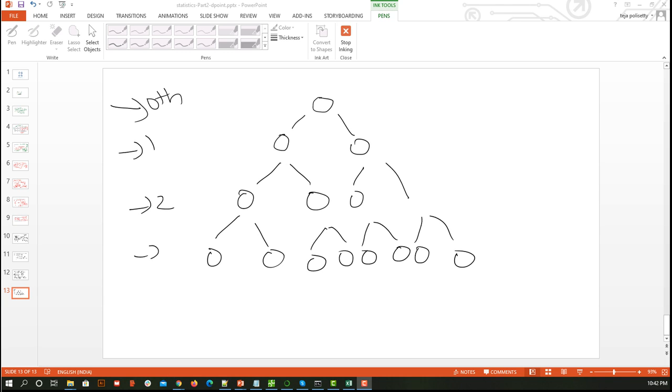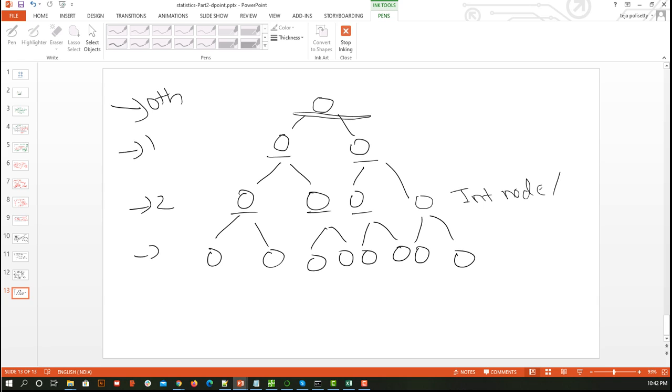Next are the names of the nodes. If you can see, this is at the top level, right? So we can call it a parent node or a root node. The nodes that are neither at the bottom nor at the topmost, but in between, we call internal nodes, or we can call them child nodes as well.